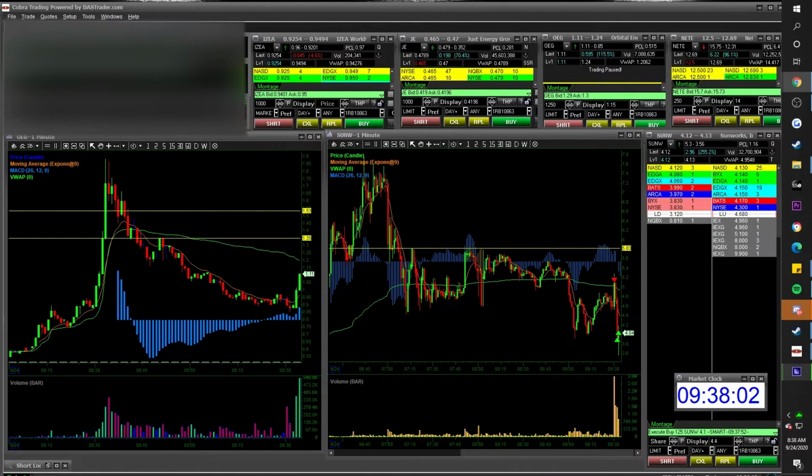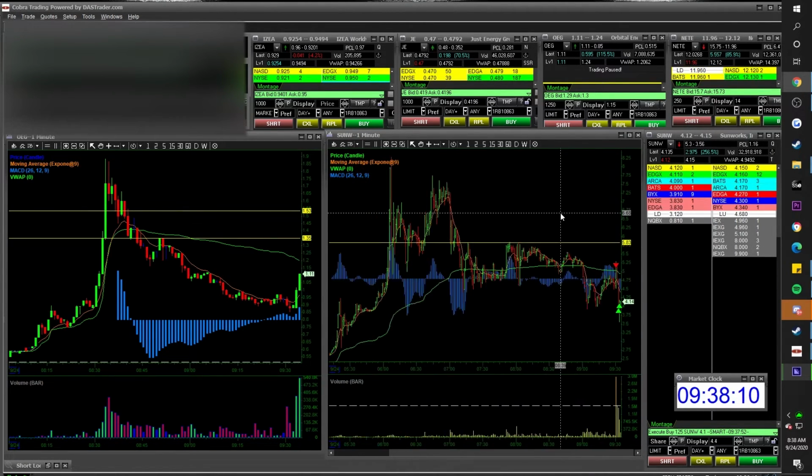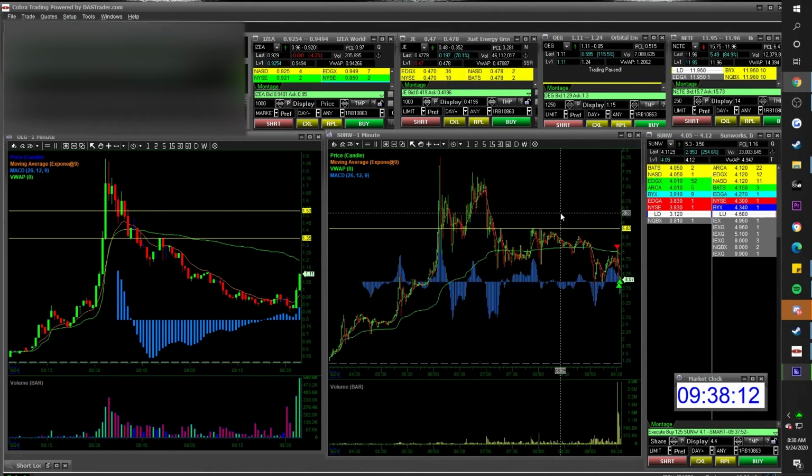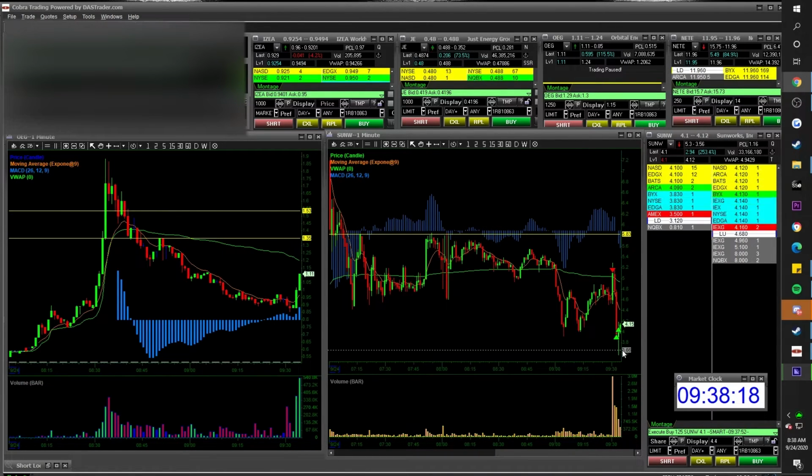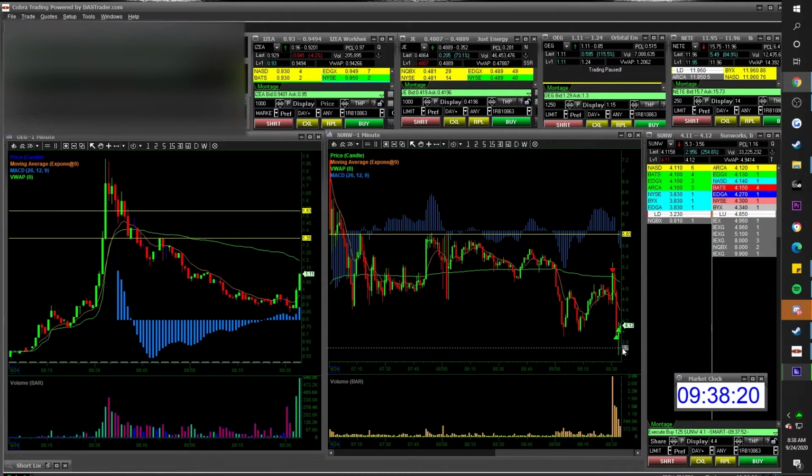And now I'm waiting for a bigger bounce. So you want to be selling at resistance, buying at support, not buying into VWAP, buying into resistance, trying to bet on a squeeze. The higher probability play is that resistance is going to force the stock down. Support is going to hold and force the stock back up. So now I just want to be patient. And if it continues to go under 4, well, you know what? Then I didn't maximize the trade, but that's okay with me. I'm not going to